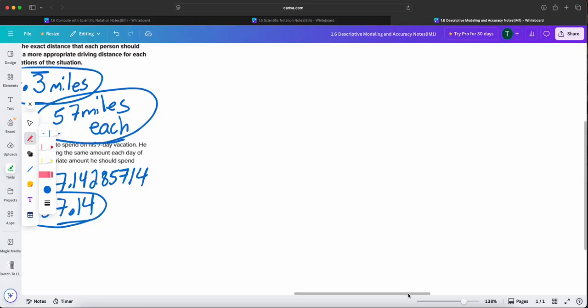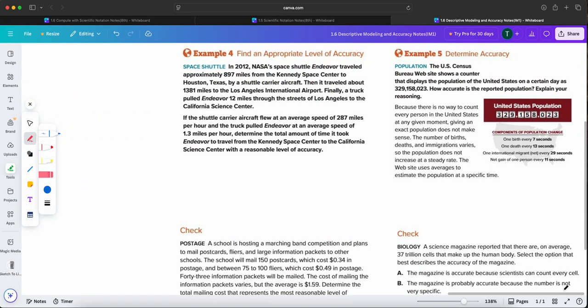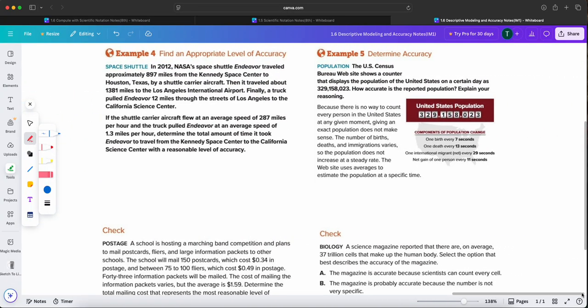Or the problem disappeared. There it is. Okay, so in 2012, NASA's space shuttle Endeavour traveled approximately 897 miles from the Kennedy Space Center to Houston, Texas, by a shuttle carrier aircraft. Then it traveled back 1,381 miles to the Los Angeles International Airport. Finally, a truck pulled Endeavour 12 miles through the streets of Los Angeles to the California